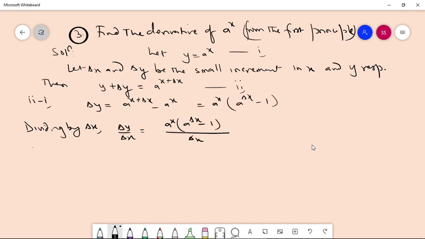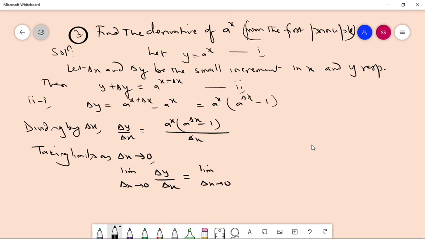Now taking limits as del x tends to 0, limit del x tends to 0 del y by del x equal limit del x tends to 0 a to the power del x minus 1 by del x times a to the power x. And we know